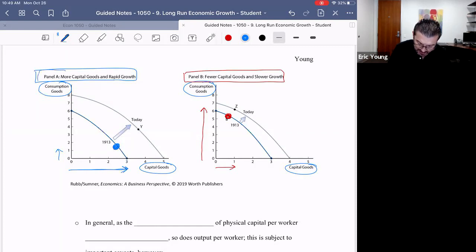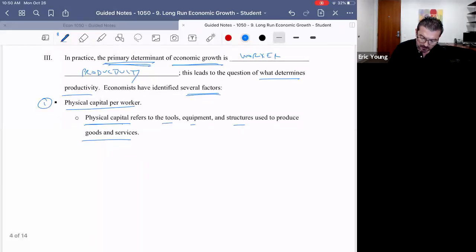Because country A, here in panel A, has chosen to engage in more capital good accumulation, more investment, they're going to grow very rapidly. Well, I shouldn't say rapidly. They won't grow rapidly, but they're going to grow bigger over time. On the other hand, country B, even though they're enjoying life today with their high amount of consumption, they're going to pay the price in the future, because while they're going to grow, their growth is going to be very small. So we can use the PPF to illustrate this first big idea